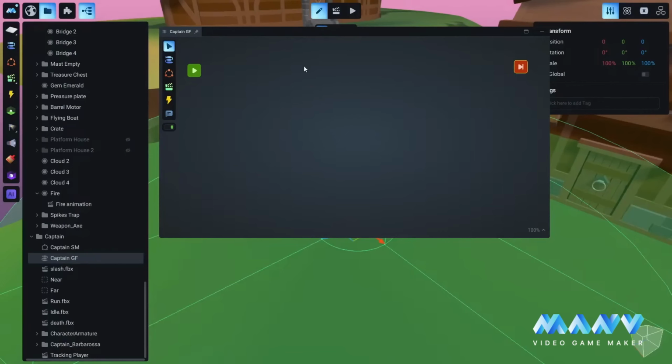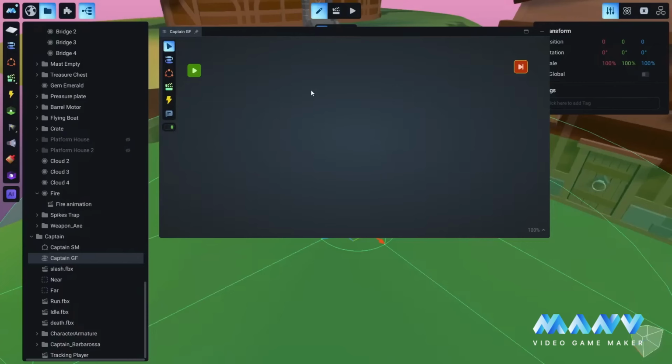It's easier like this because every animation is inside here, and the things are more organized and more clean, and you can open someone else's creation and see the game flow, and it's easier to follow the logic. What can this game flow have inside? So we can have other game flows, so we can have a game flow inside another game flow. We can have a state machine, like the captain's. We can have animation, we can have external triggers, we can have comments, or we can enable or disable the